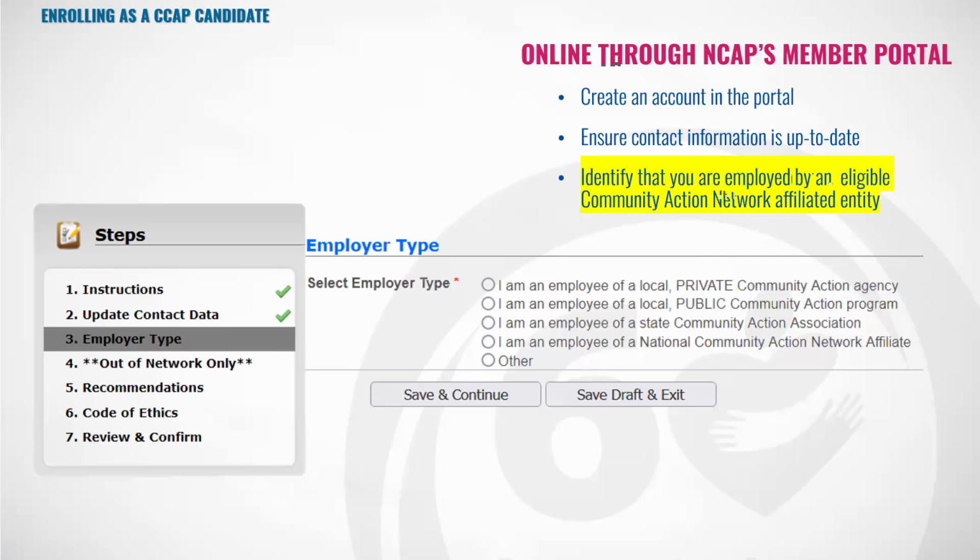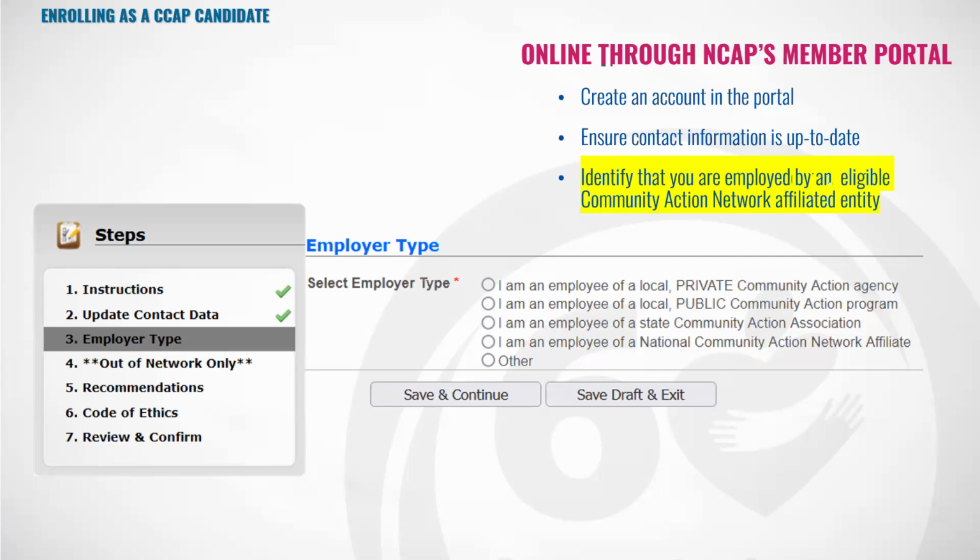So that means you work at a local public or private community action program, or you are with a state community action association, or perhaps you work with one of the national community action partners, or a federal agency that works tightly with the Community Action Network, such as HHS or DOE. You don't see that on this screen because I've updated it since I took this shot.